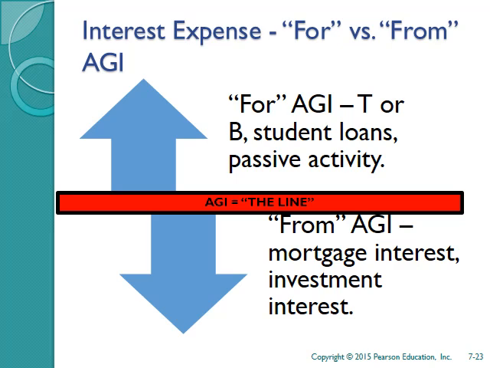Here's the breakdown of which types of interest expense are for AGI deductions versus from AGI deductions. Again, trade or business, and that's because it is calculated on the other form and brought over as a net total of income minus expenses. Then you've got student loans and passive activity interest expense that are also for AGI, and again, that's why those are both limited to some extent. And then the from AGI deductions, mortgage interest, and